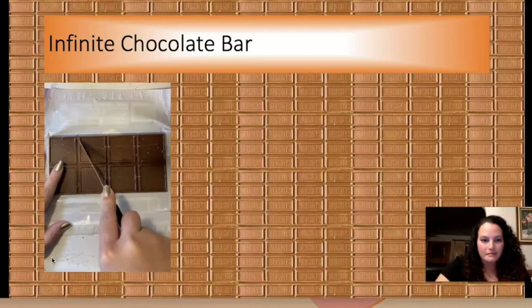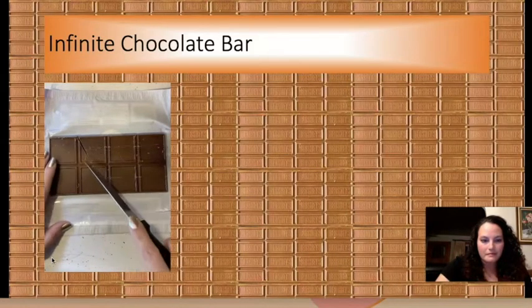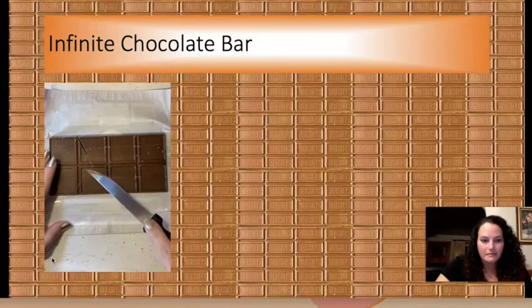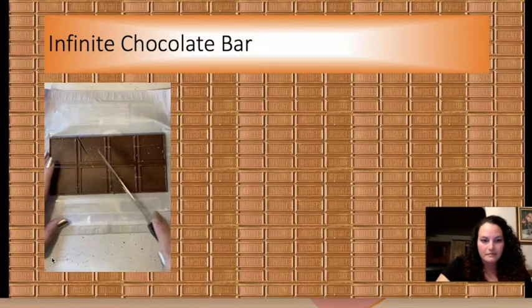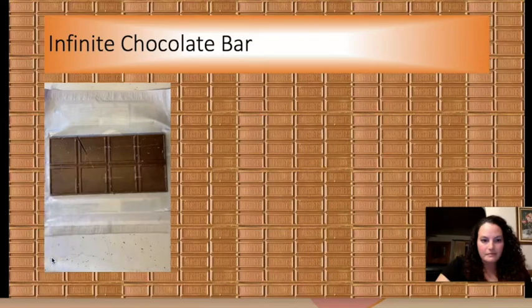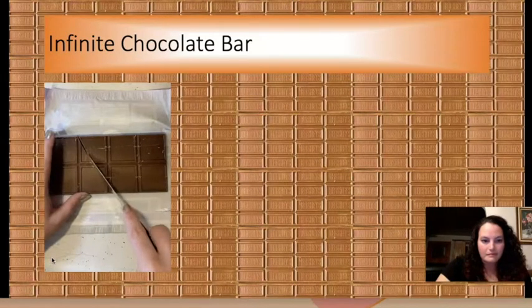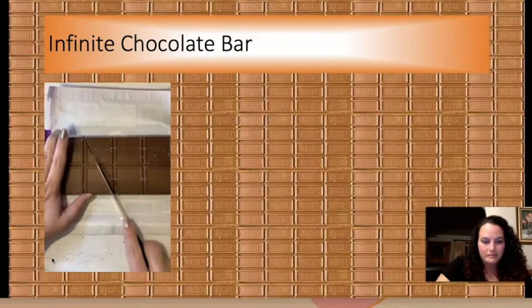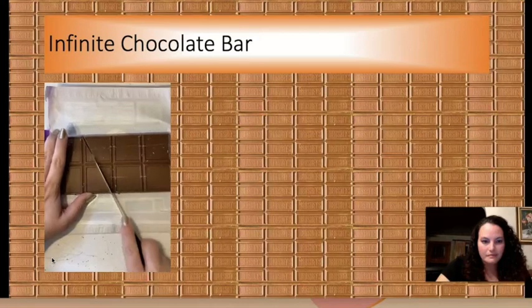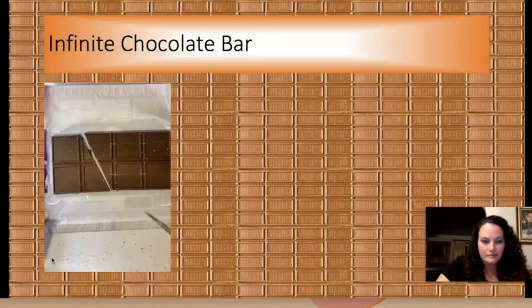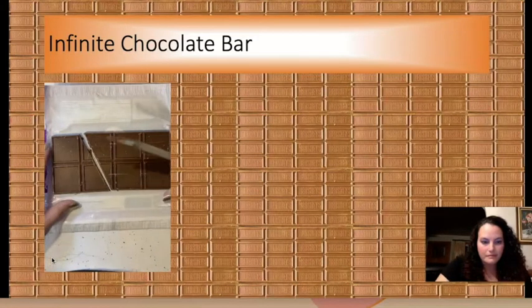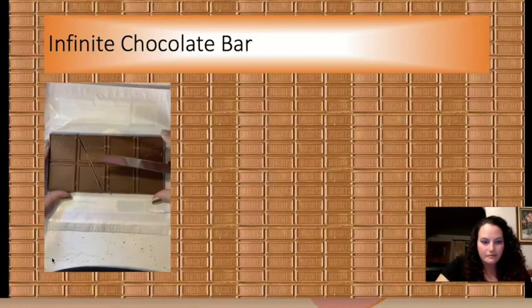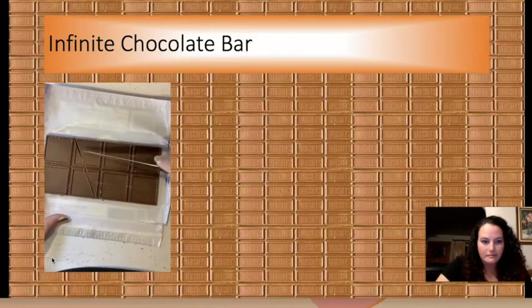It is melting the chocolate, so I got it warm enough, but I notice it's already starting to crack here, so I'm going to get my knife a little warmer before I cut again. So I'm going to stick it back down in my water, and then I'm just going to go slow and maybe cut. Ooh, okay. Now I have my first diagonal line, and I remember I have to cut off the top